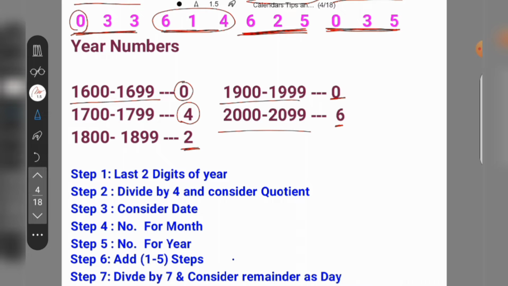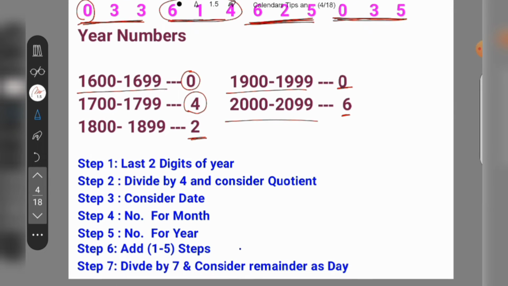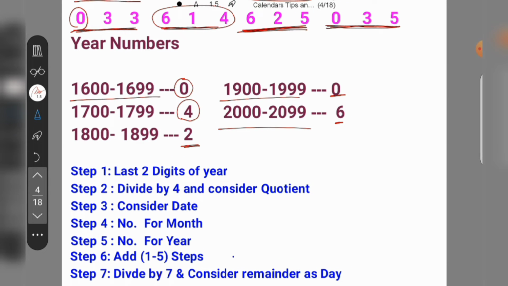For calculating any calendar related problem, these are the steps we are going to follow after knowing these basics. Whatever question they have asked, for example they have given some date and they are asking to find out which day it is in a week, or they are asking about a particular day, like finding the number of Tuesdays or which date falls on Tuesday, these steps will be very useful for those calculations.